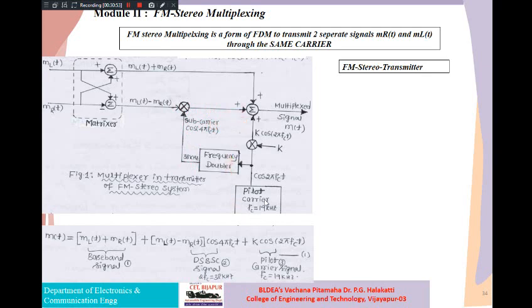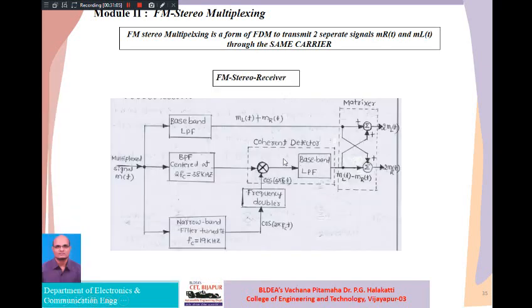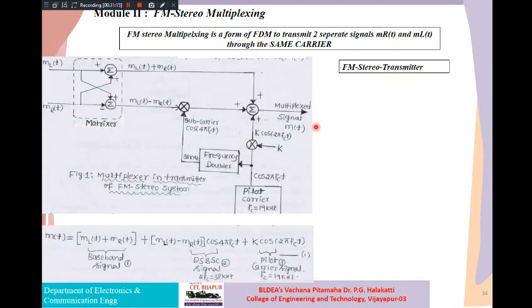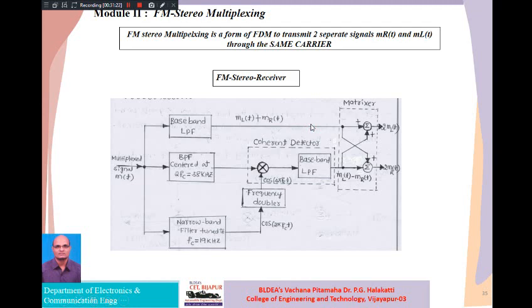Another one here, you can see we are getting k times 2 pi fct. The k is the multiplying factor times the carrier frequency. Like that, the output you are going to get. Okay, so in the previous slide you can see here m of t we have generated. This is the FM stereo transmitter. Okay. This signal is now traveling a long distance, and now it will be given as input to the FM stereo receiver.